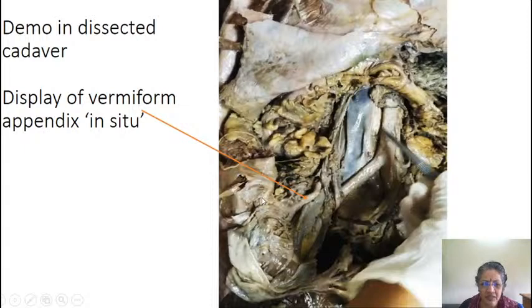Now this looks a bit messy. Not very sure which part is where, where is the outline and where is the thing. Don't worry about it. This is supposed to be the cecum, and the vermiform appendix will be attached to the cecum, and this white cylindrical finger-like process is the vermiform appendix. And this one is posteromedial to the cecum. It is attached to the posteromedial cecal wall almost always, and